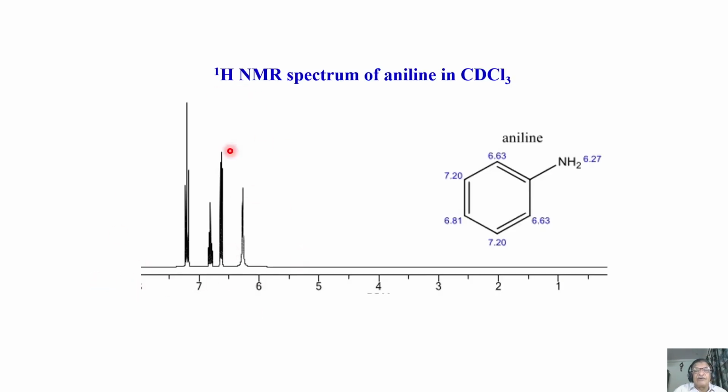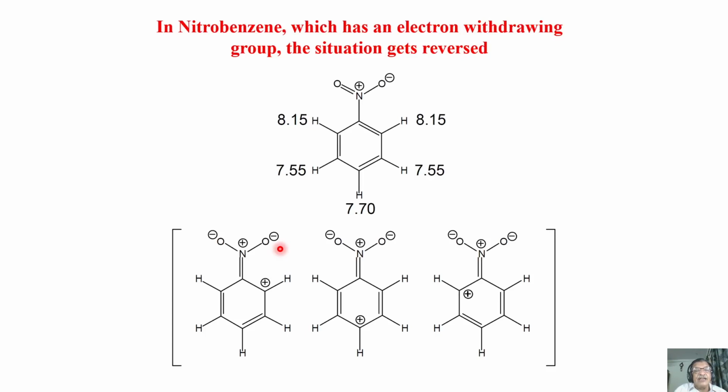This is clearly the molecule structure. What is this peak? One of them is chloroform. Don't worry. 3 different groups are there. You can identify 3 different groups. The analysis part, when we come to that later, we will discuss. But remember, there are 3 different groups. As I said, 2 of them are high field corresponding to this, and this one is the next one, and these 2 come to the down field. From the intensity pattern also we can understand. I'll discuss that later. So instead of that, aniline, go to nitrobenzene.